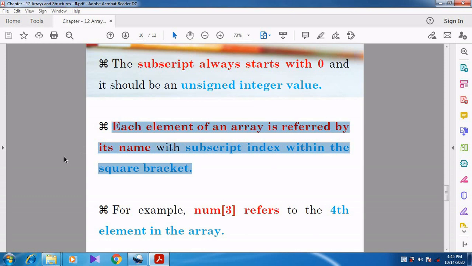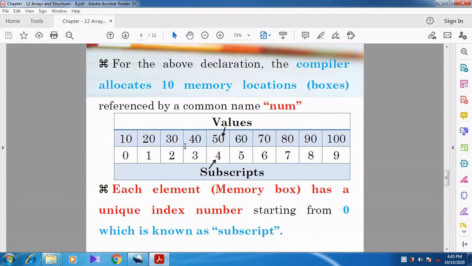Let us take the simple example above. 10 is given the name num. 20 is also represented by num. 50 is also represented by num. 80 is also represented by num. So all the values are given only one name. That name is called num.